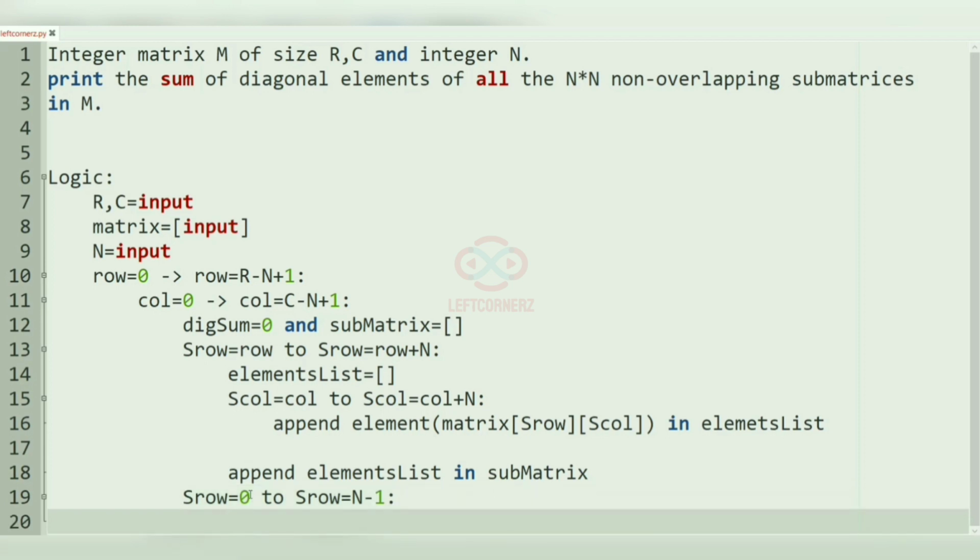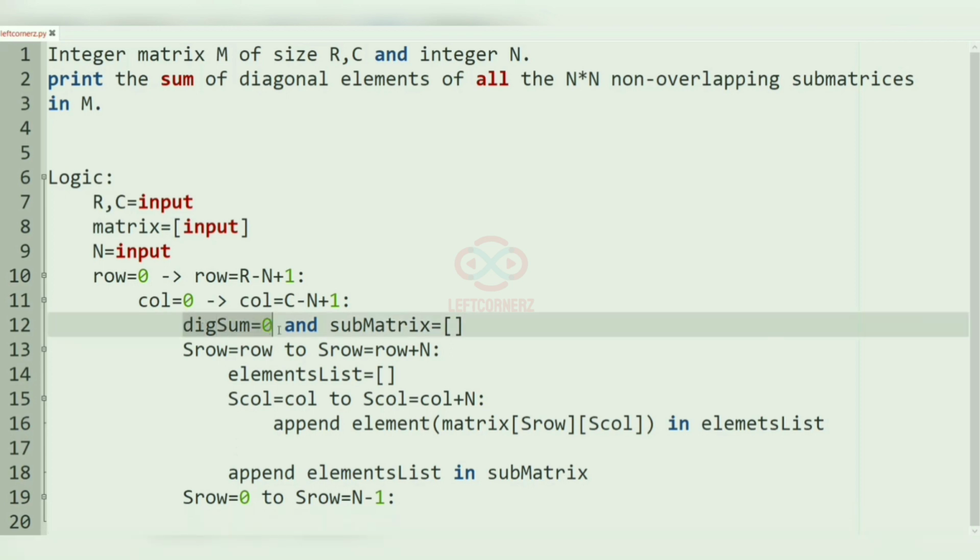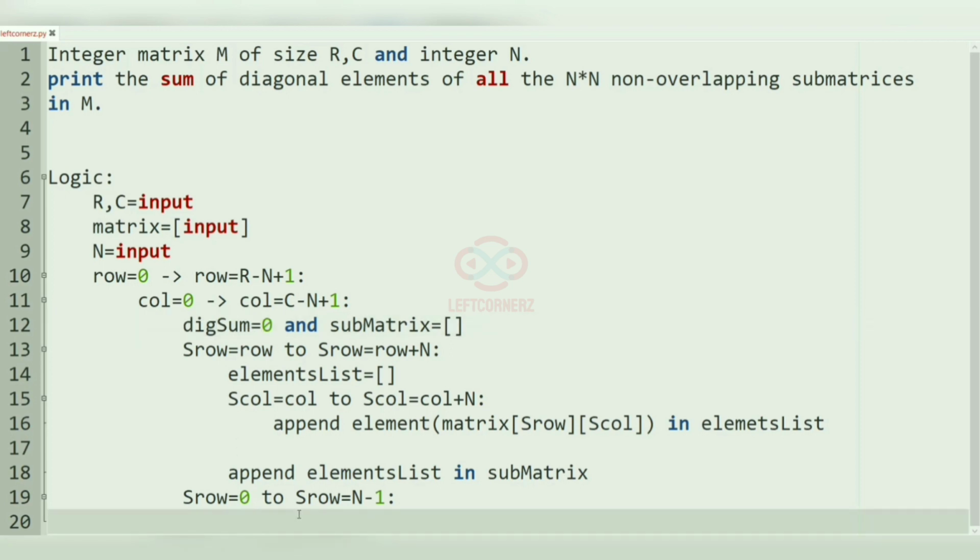So we are iterating from 0 to n minus 1 in the submatrix row, and we are going to find the diagonal sum. So diagonal sum will be incremented with,